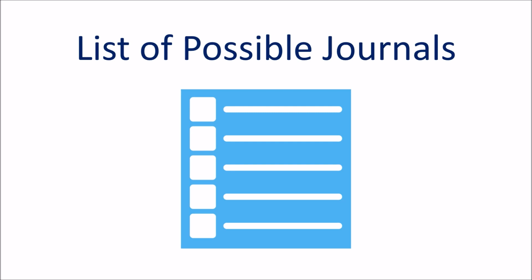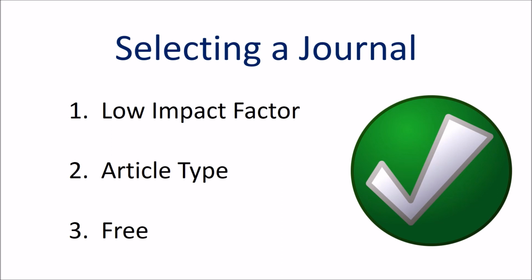You should compile a list of possible journals to submit to. Then you can evaluate each journal. If you are new to publishing, pick journals with a low impact factor. Try 2 or less. Then see if the journals will allow the article type that you want to publish. For example, some journals don't allow case reports. Finally, make sure it is free to publish in the journal. If all 3 criteria are met, low impact factor, allowing your article type, and not charging fees, you have a